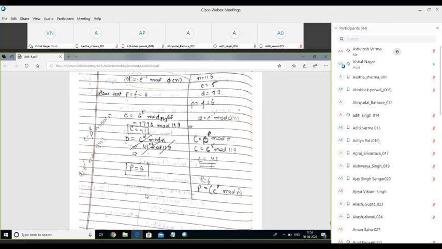Class, with this topic, I am completing my Unit 4. RSA was the last topic of Unit 4. Unit 3 was already completed, and the remaining part of Unit 2, I would like to start from the next lecture, because this much content is sufficient for you to think about and revise once. If you have any doubt, we will repeat some of the topics of Unit 4, because I have completed Unit 4 very fast. And if you want me to, I'll repeat the topics of Unit 4 also. But the next lecture we'll start our Unit 2.